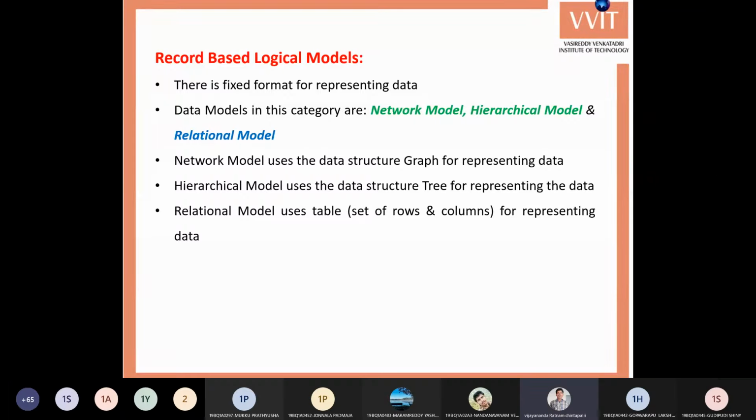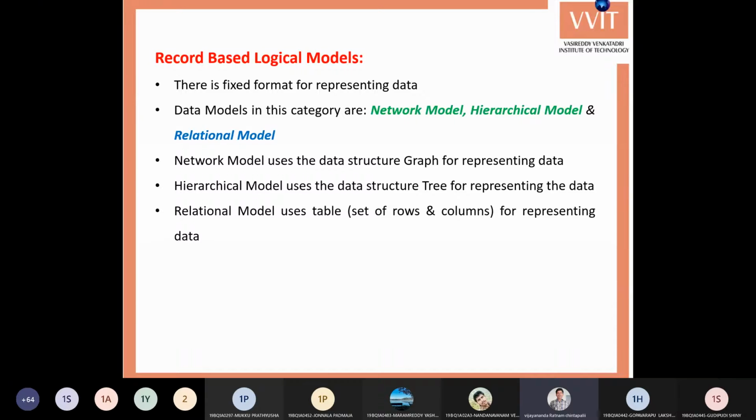So in the last class, we discussed levels of abstraction and data independence. Levels of abstraction means hiding the irrelevant details from the end user and displaying only the essential things, whatever is needed. This is provided in three different levels: the physical level, the logical level, and the external level. The external level is separate for each and every user.